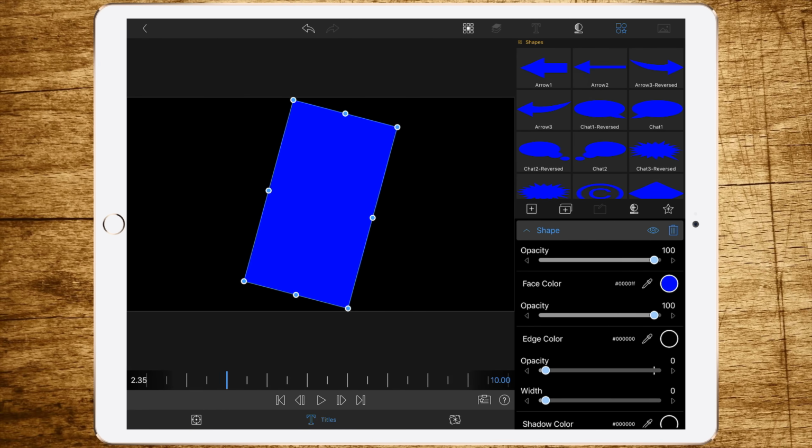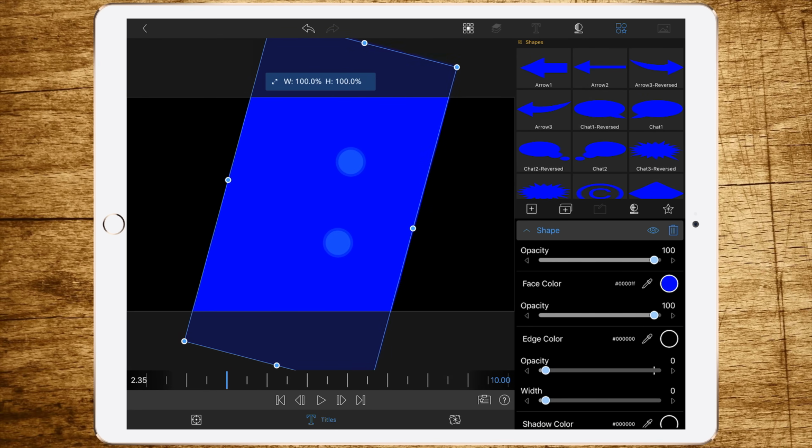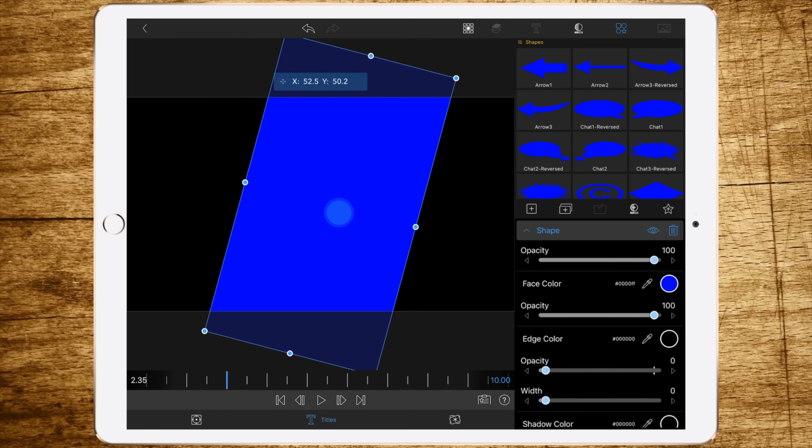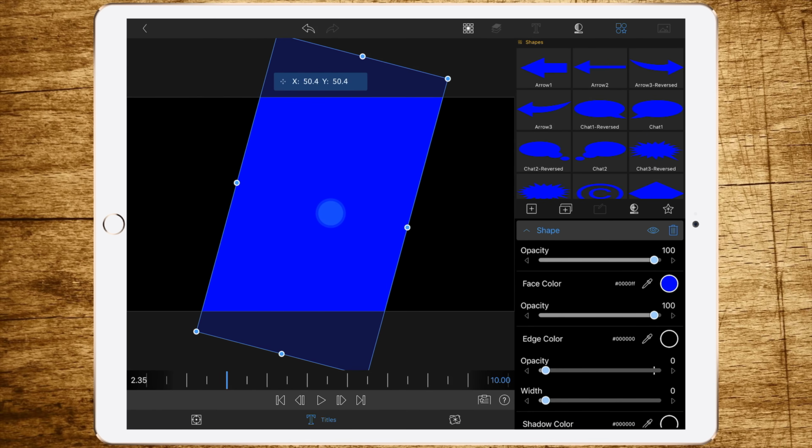Okay. 75.1 is also okay. And we are dragging it right into the middle, so we know how much space we have on the left and the right side for the other two clips.